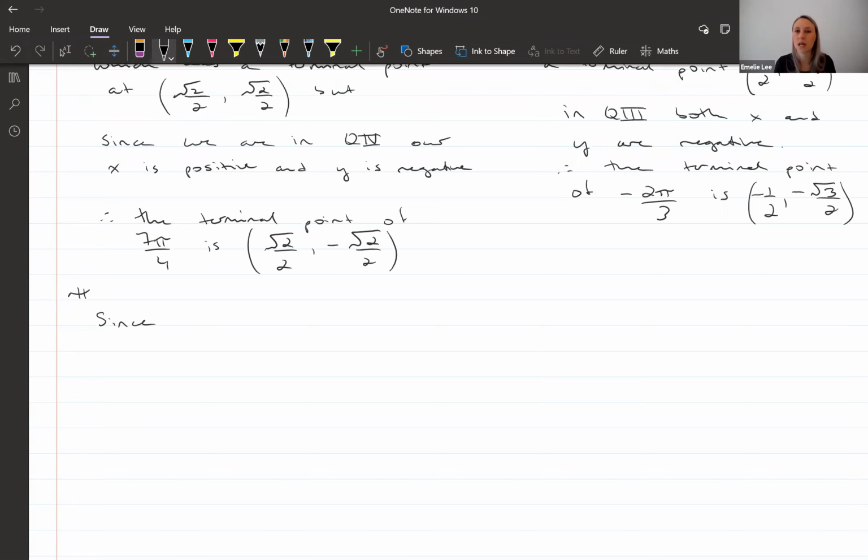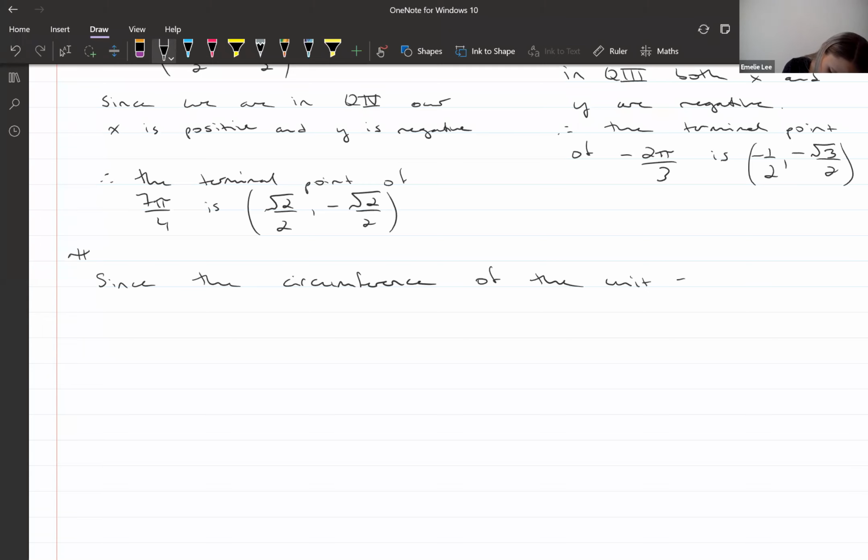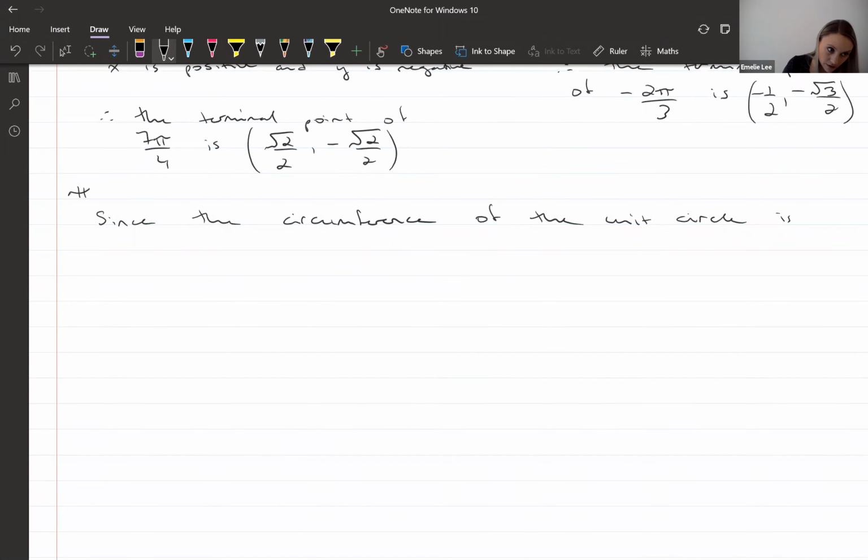And so we use that to say, if I know the original distance, and then I've tacked on a bunch of 2 pi's, then the terminal point is always going to be the same, as long as I'm moving a distance of 2 pi around the circle. So since the circumference of the unit circle is 2 pi, okay,